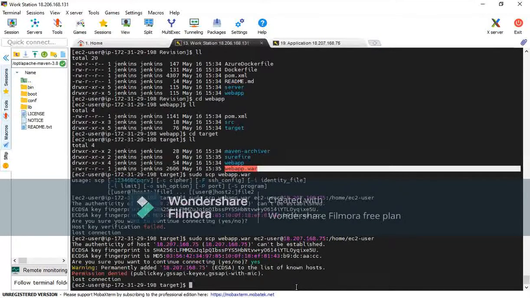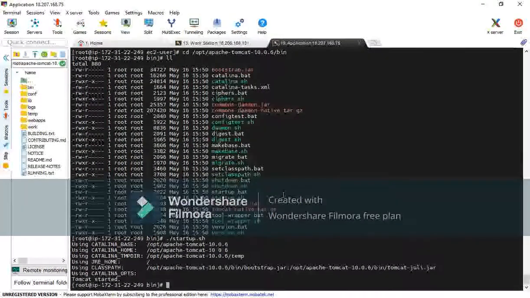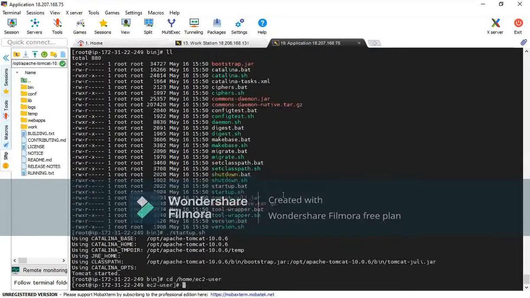We did for the workstation server. Remember, we are SSHing into the workstation, not the application server. Exactly. So we come here. After we come here, let's get out of this place to our home. We see ec2-user. Let us cat the